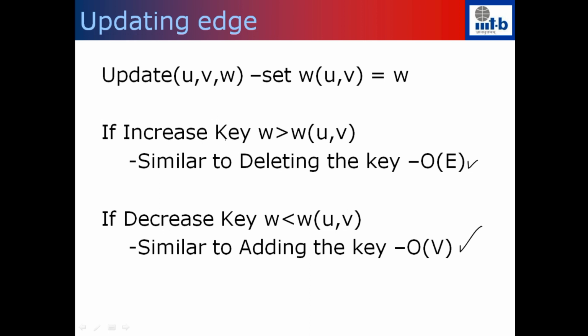And in the case of decreasing the key, if the edge is not part of the MST, then you don't have to do anything. But if the edge is part of the MST, after your decrease this may not be the maximum spanning tree. In that case, you delete this particular edge, and it will create two connected components, and whatever you do will be exactly the same as what you did in the case of deleting the key.